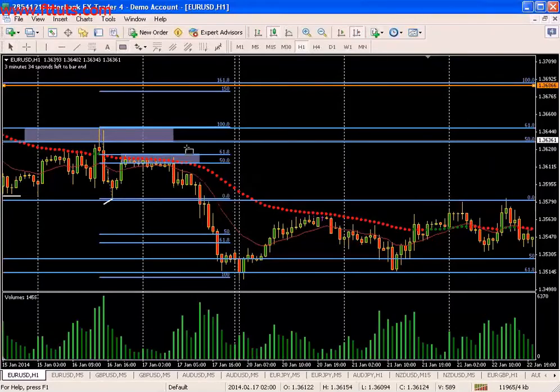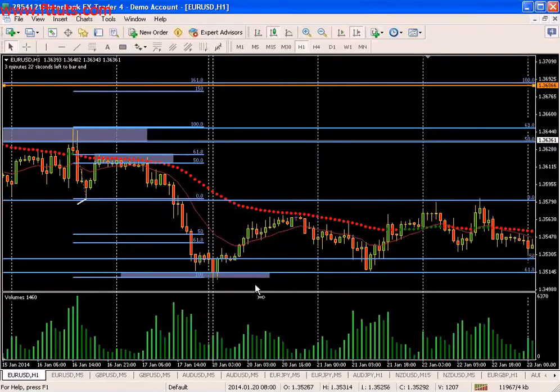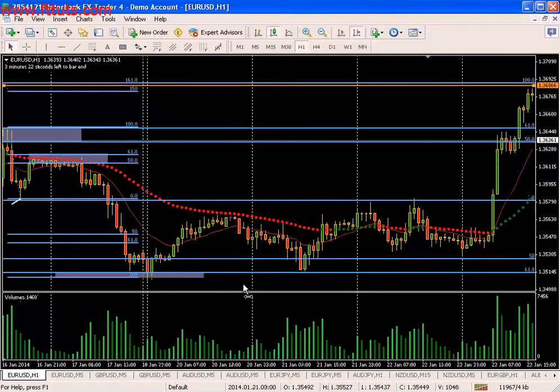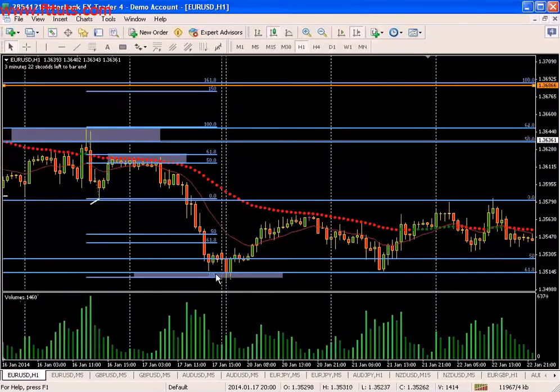Notice just how often these tools show you things and pop up as being very helpful. Here's an extension of this range, 100%, and that ended up being the low of that move. So, seeing the way all these tools fit together, maybe there would have been strength here and